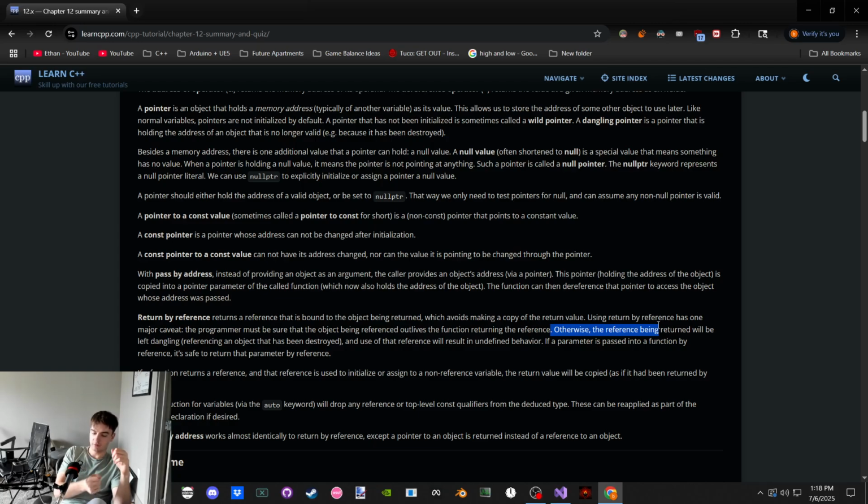It gets the address, copies it, but it's cheap because it's basically an integer. It's a hex number. And then we are basically copying the address to make a reference, or we're looking at where that address is. So there's no value that's being copied except the address itself. The address of the object, not the object's value, is being copied.